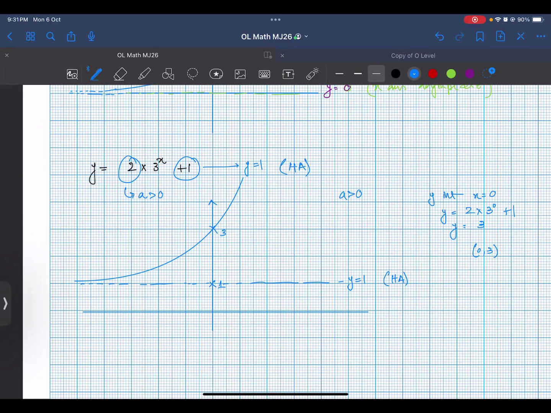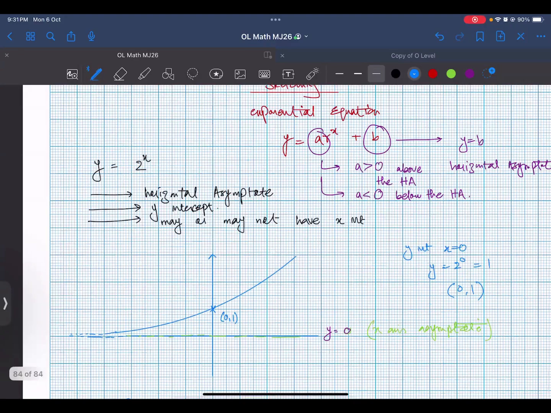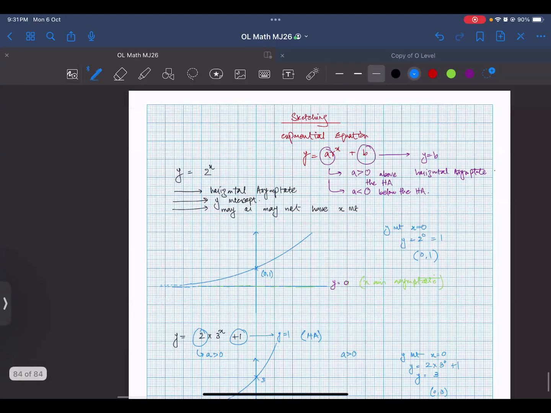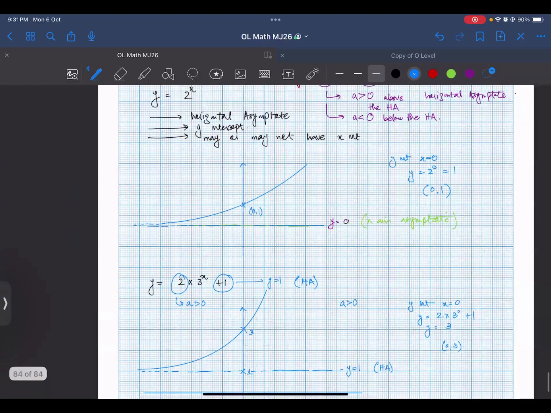Sir, if 2 is a, then what is 3? 3 is your r value, we can say. Look, after comparison, the graph will be like this below. 3 is your r value. Okay, let's do another example.